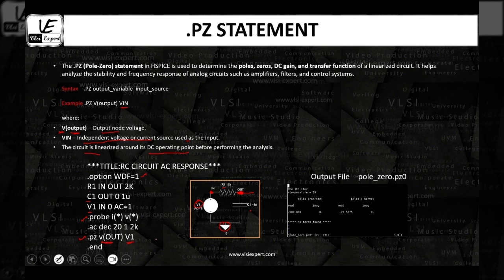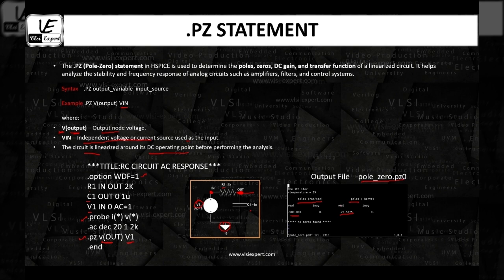When you run this netlist in HSpice, apart from the .ac0 file which gets generated because it's an AC analysis, we will see shortly that one more file gets generated, that is pole_0.pz0. In that file, if you open it in the vi editor, you will see the pole: minus 500, in radians per second. That's what we discussed in the very first slide. Minus 500 radians per second. If I turn this into hertz, it will be minus 79.575, approximately 79.6, which I told you, right? So this is where my first pole will come.